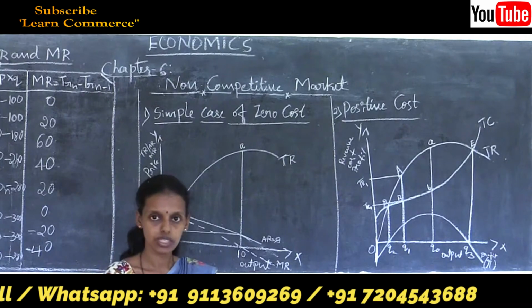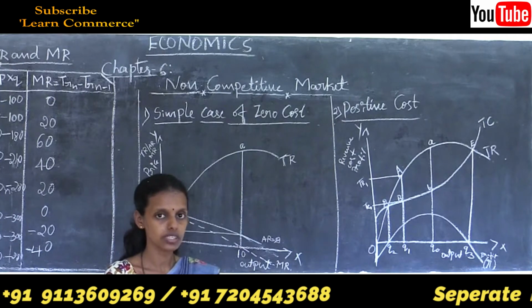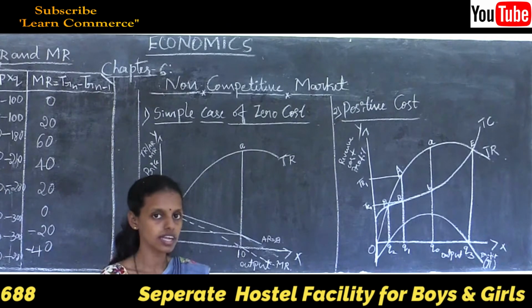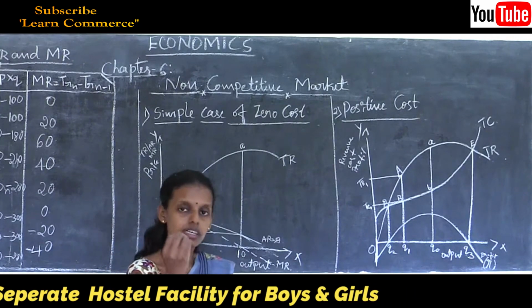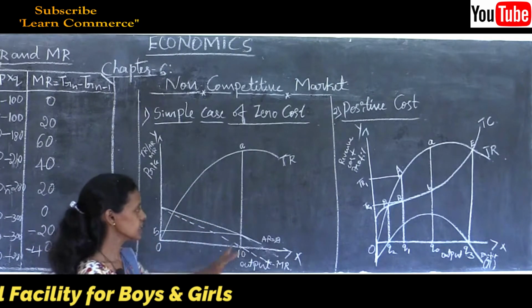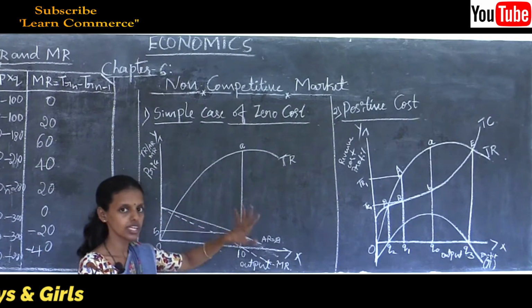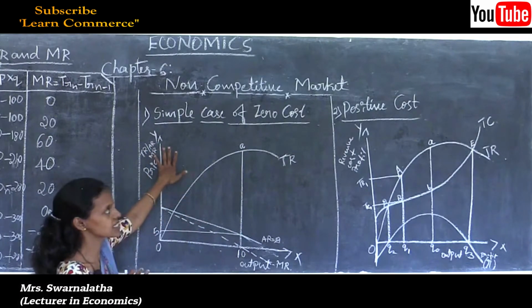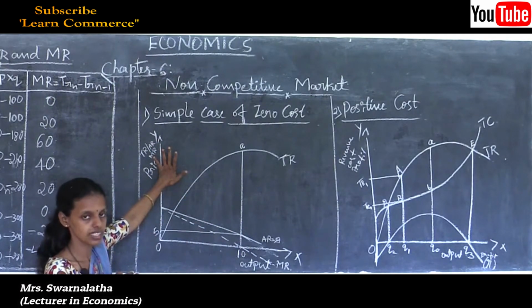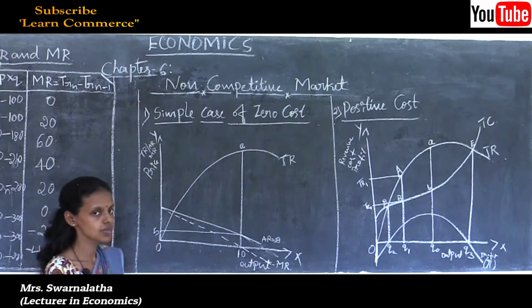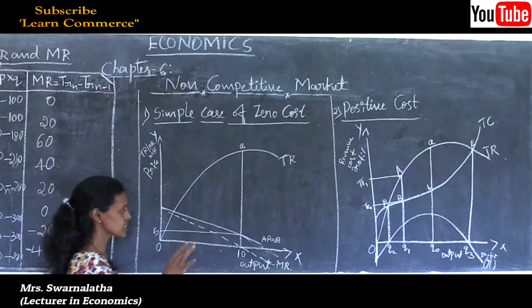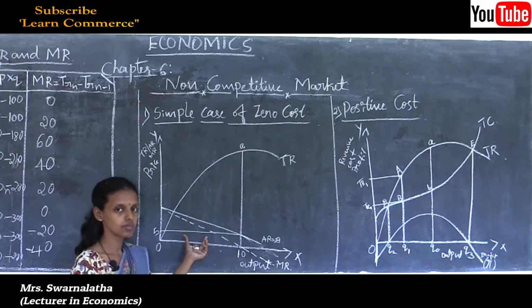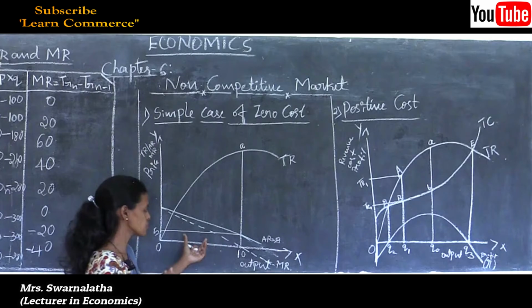So whatever the well exists, he is the owner of that property. He is going to sell the water, and others can draw the water only by paying money to this particular individual. During that time only, in case of this kind of production, we can assume the simple case of zero cost is possible in the short run. So the firm can maximize the profit in case of zero cost of production. Cost of production is not there, meaning the firm can earn the profit as usual.